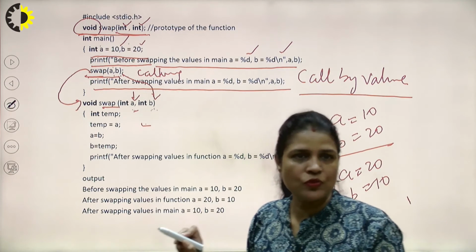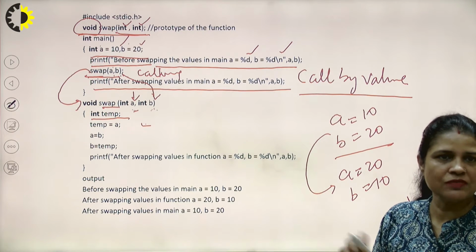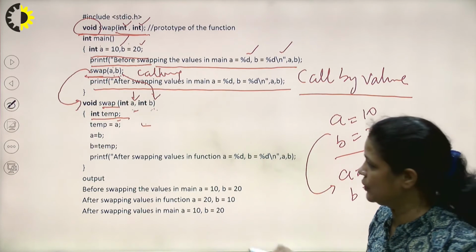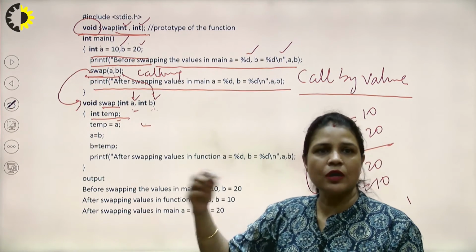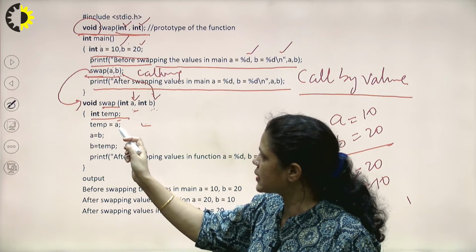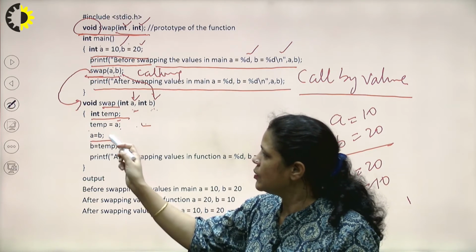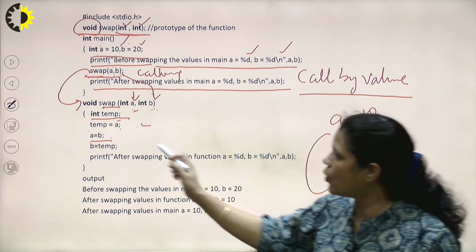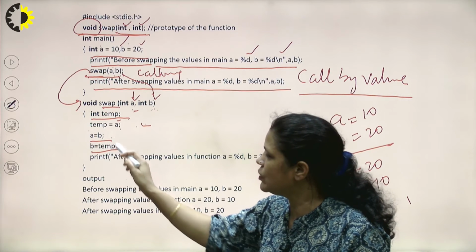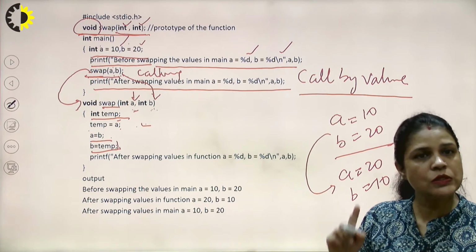Now we need to swap. For swapping, we are taking a logic in which we swap two variables' values with the help of a third variable. So here this temp is the third or auxiliary variable. With the help of this temp, we are swapping the two numbers. First of all, in temp we will assign the value of A. So temp will carry 10. A is already carrying 10. Then we will assign B to A. B is carrying 20, so now A is also carrying 20, right? And then temp, which is carrying 10, will be assigned to B. Now B is also carrying 10. Now the values are swapped basically.